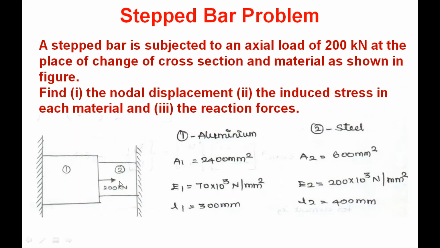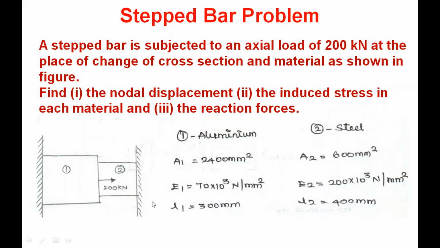This is a load acting point. The load acting point and boundaries, change of geometry and change of material property, everything should be considered when you make the finite element model, that we will see. When you see the direction of the external load, it is acting left to right. Normally when we solve the problem, the left to right direction is considered as positive. So this is a 200 kilonewton.